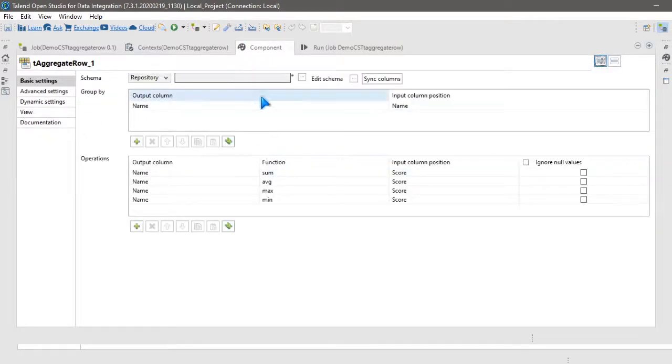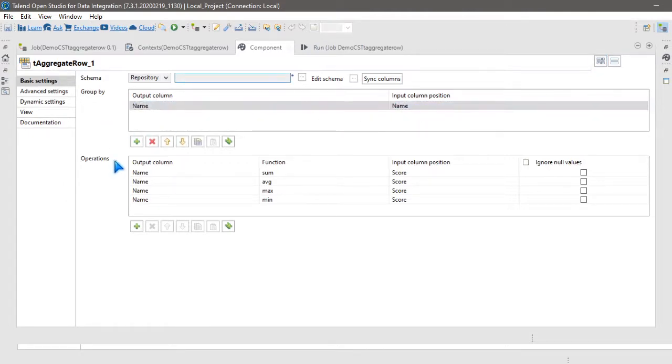So what is it that you need to do? I will show you. Here there is an option called group by. Okay. We are grouping the output by name. Output column is also name, input column is also name. So you should select both of them as name. Then there is one more tab called operations. So observe carefully, group by name, and the operations column is there. So in the operations column you should select the output column, again all of them are name. Then what functionality you want to apply on each of those